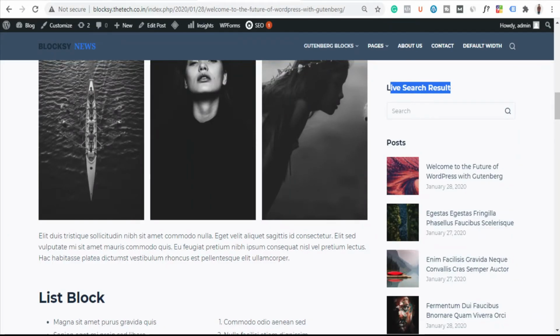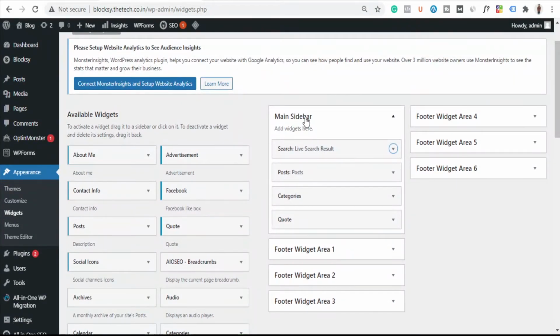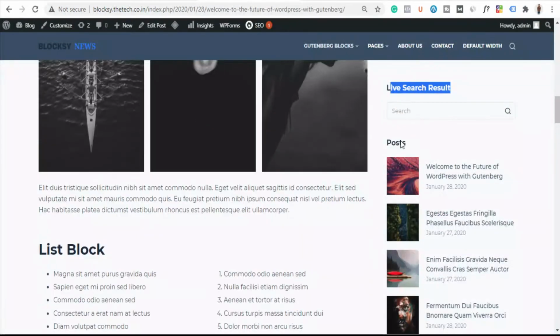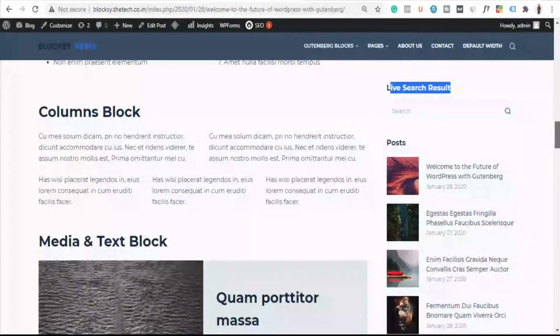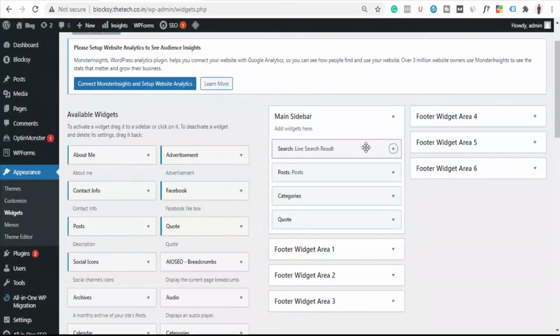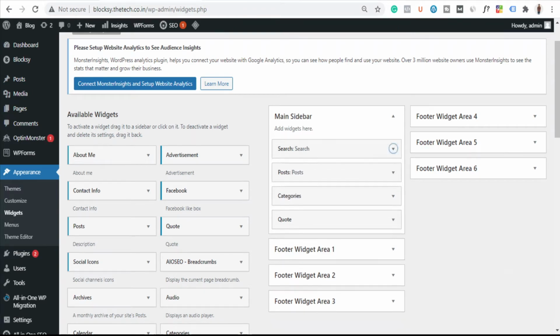Let's go to widget section again, and let's scroll down. Here you can see that at the main sidebar we have like 4 options. Okay, like search. If you match here search, then here we have a search, then here we have a post, then here again we have a post, then here we have a category, and then we have a category at the below. Okay, so let's say I want to change this one, so I'll click here and I will write here search, and I will just save it. Okay, and done. Let's see.